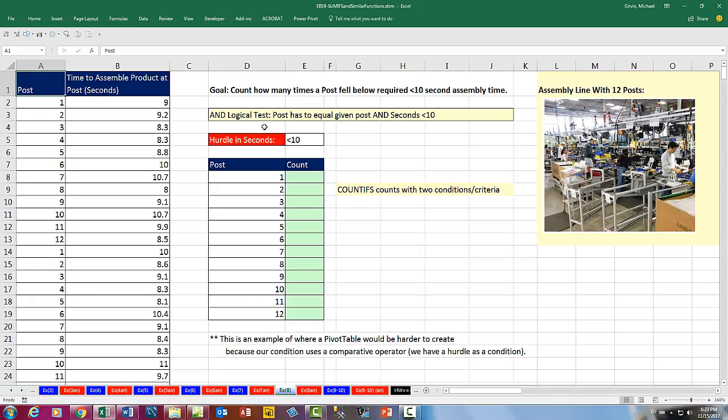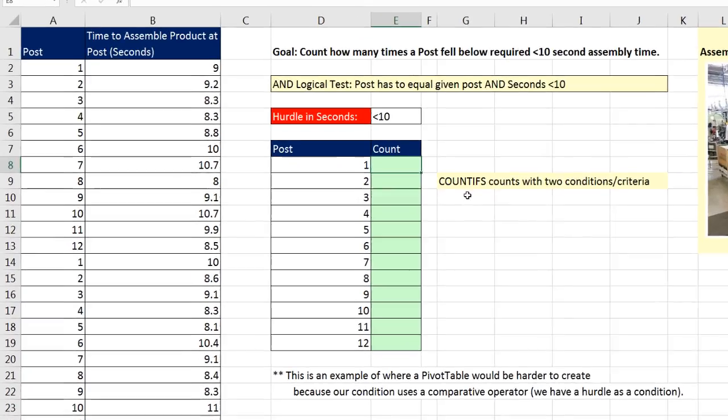So our AND logical test will be the post has to equal the given post. That just means as we're copying it down, we're going to look at the relative cell reference and compare it to that column. And seconds have to be less than 10. So we're counting how many times in this column for each individual post were below 10. The higher, the better, because above 10 means you're going slow. Equals